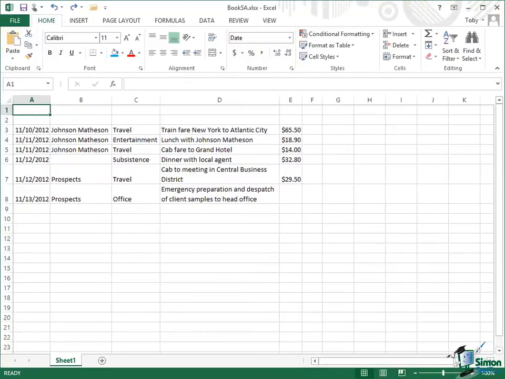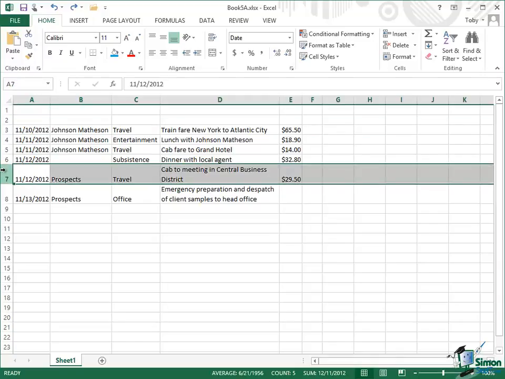Now I want to look at alignment generally on this worksheet. There are two forms of alignment. There is horizontal alignment and there is vertical alignment. And I'm going to deal with vertical alignment first, mainly because it's a little bit easier, I think. I mentioned already that if you look, for instance, at row 7, the contents of row 7 are bottom aligned. So within a cell where you've got the date here in A7,